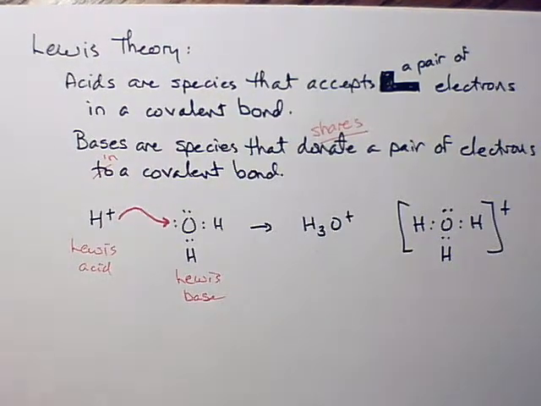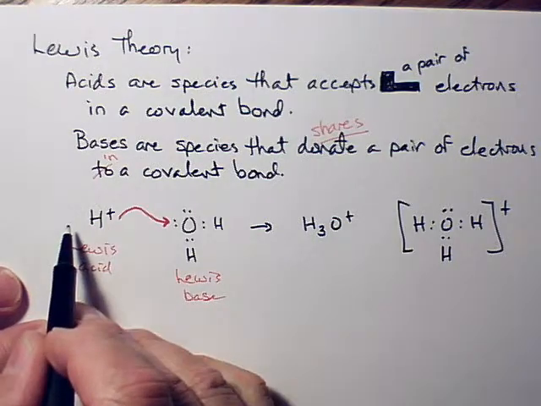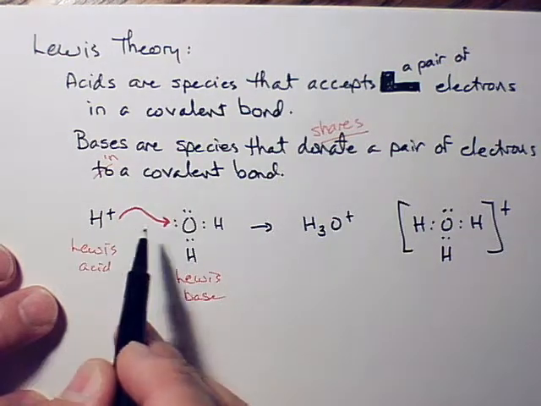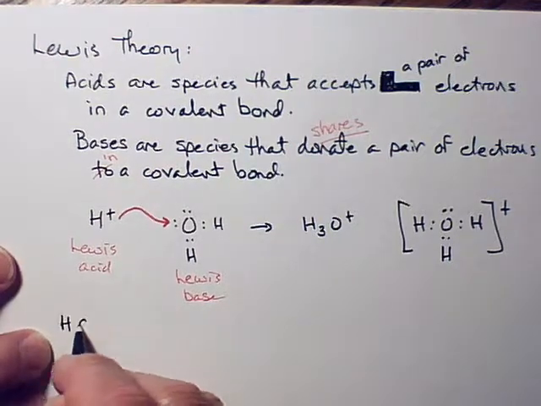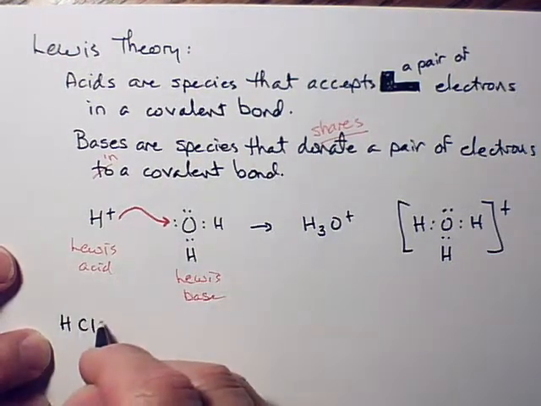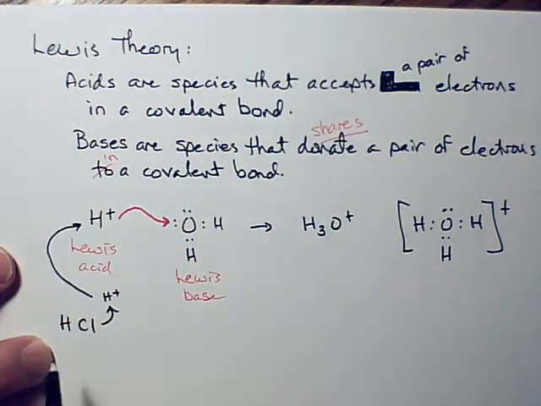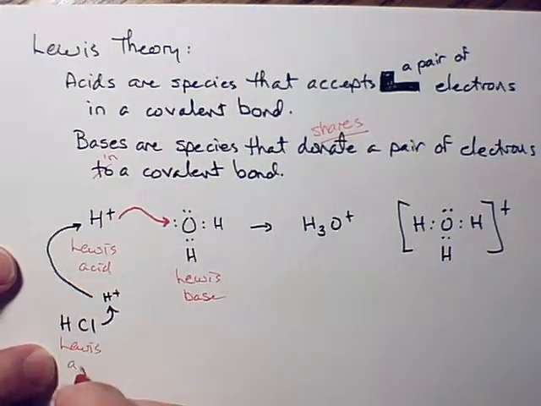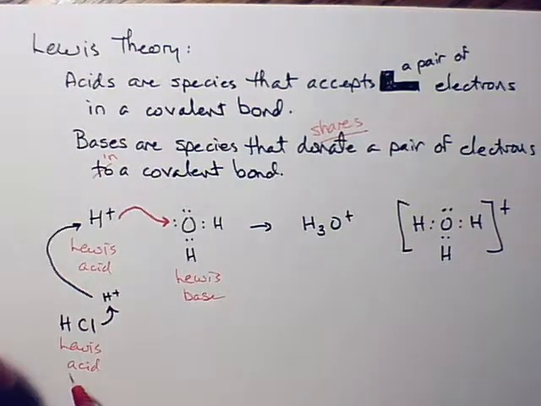Now, here's the tricky part, and I don't think it's tricky at all if you just stop and think. So give me full attention here. It's not just this that's the Lewis acid. It's anything that gave this to do the accepting of the pair of electrons. So HCl could have been the species that gave up that hydrogen ion, right? That makes this the Lewis acid too, because that's where it came from. All right? So anything that